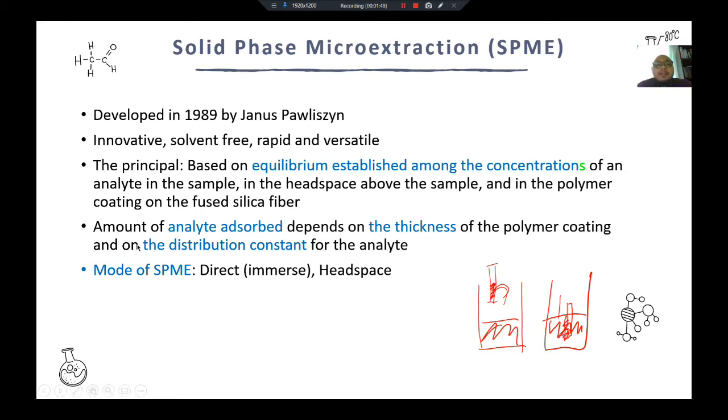Okay, right, the amount of analyte absorbed depends on the thickness of the polymer coating and on the distribution constant for the analyte. Okay, mode of the SPME is direct or immersed lah. Ini saya cakap tadi, kita ada direct, okay, kita ada heat space, ada dua. So the amount of analyte depends kepada amount of coating lah. Lagi tebal coating dia, lagi banyak dia boleh absorb. Okay, lagi besar dia punya fiber, lagi banyak boleh absorb. Okay, dan depends pada distribution constant lah. Okay, analyte tu kepada that particular